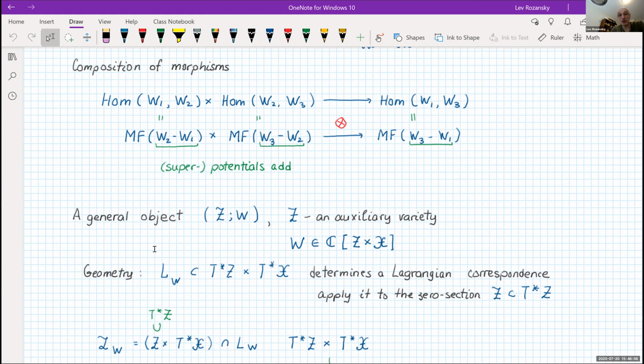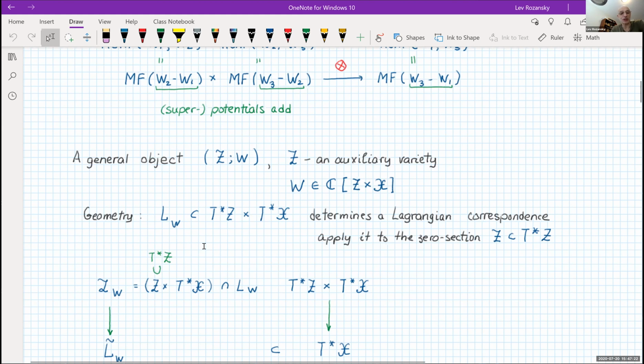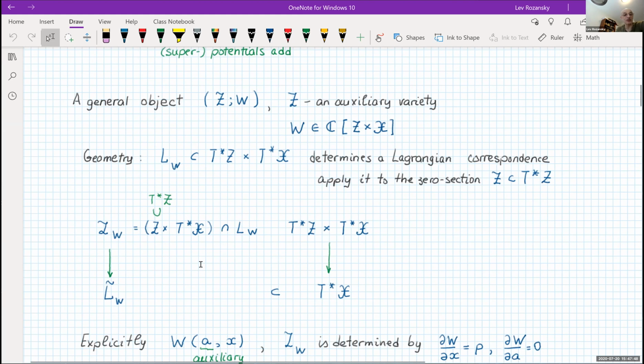Thank you. So a general object would be an auxiliary variety and a superpotential which depends on coordinates of z and x. In classical mechanics textbooks, it's called a generating function depending on extra or auxiliary parameters. Geometrically, you can visualize it the following way. The graph of dW determines a Lagrangian subvariety in the product of cotangent bundles, or the cotangent bundle to the product. It is interpreted as a Lagrangian correspondence, which is to be applied to the zero section of the cotangent bundle of Z. So you take the preimage of the cotangent bundle of Z